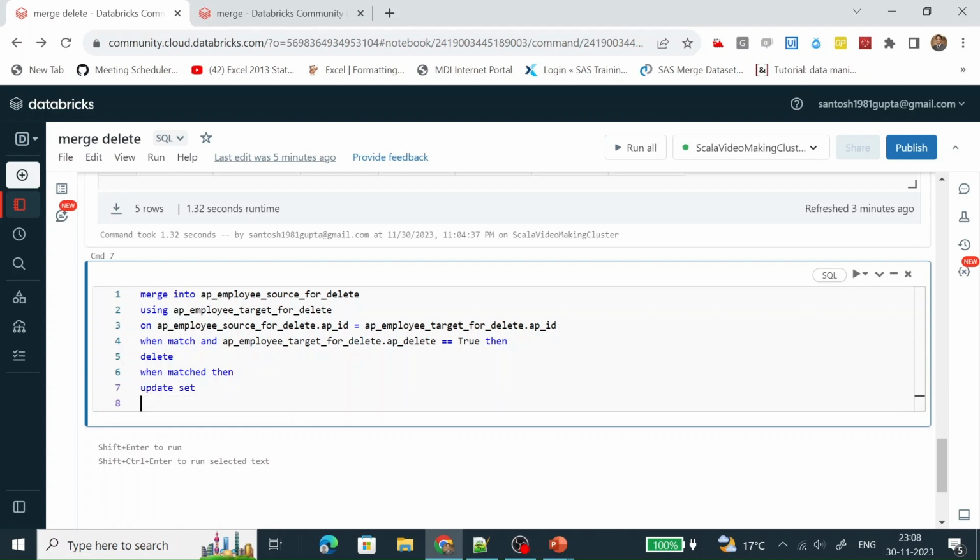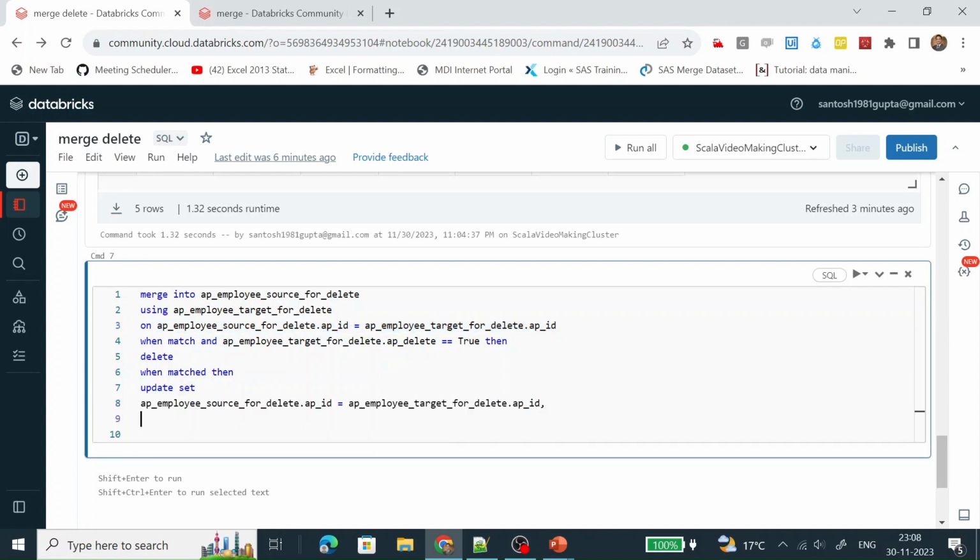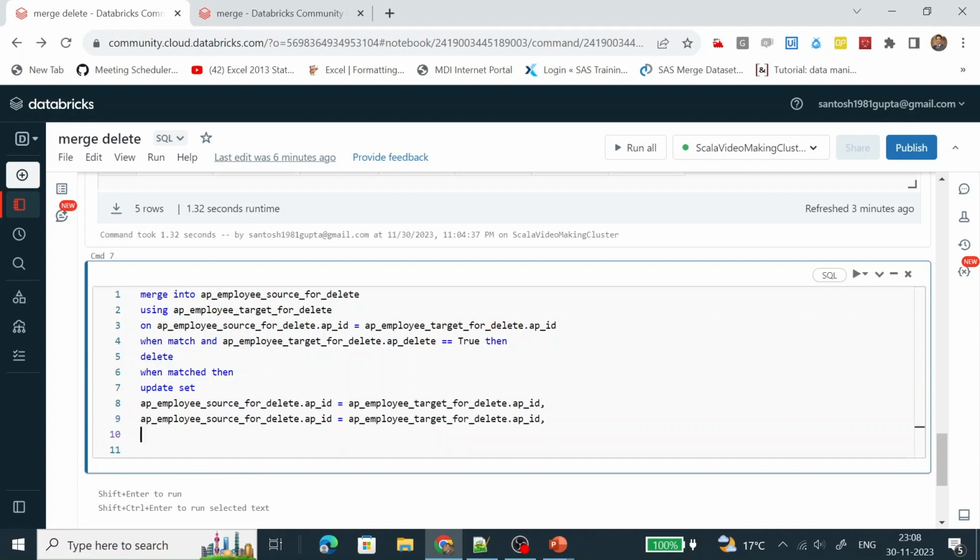And then when matched, then update. What data do we need to update? We need to update all the data which is present in target to source.